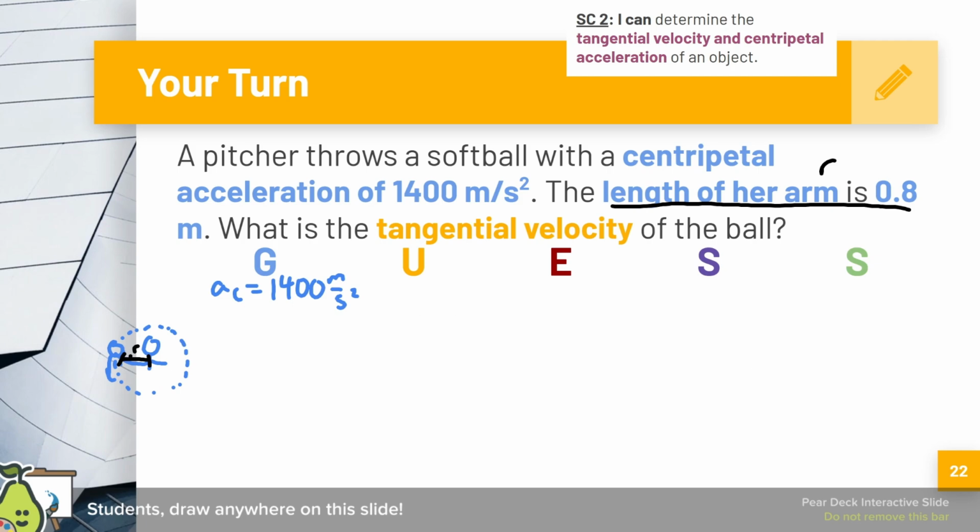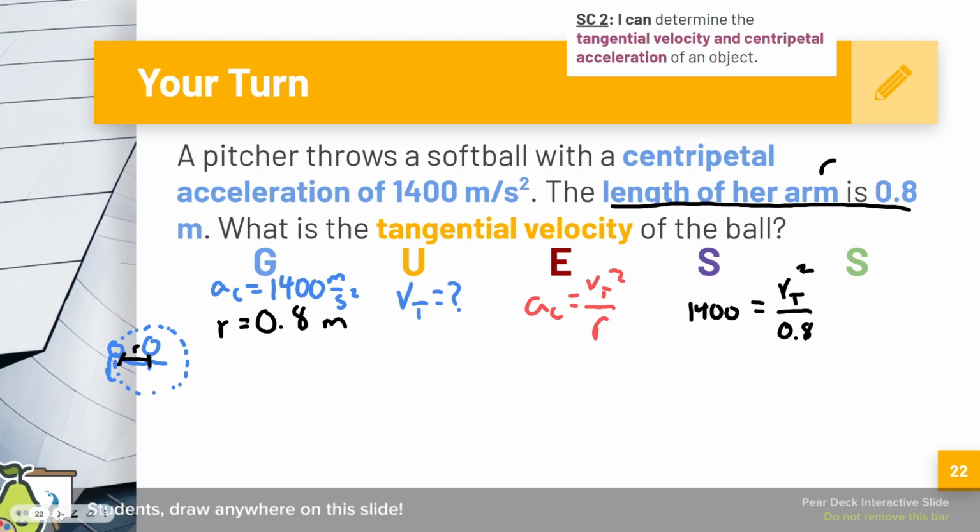Okay, so in this case, her arm is the radius, and that means we can solve this question. All right, so continuing from here, tangential velocity is my unknown in this case. Still going to use the same equation. Nothing changes from here. All right, and then we're going to go ahead and plug these in. So 1,400 equals VT squared, VT is my unknown, 0.8 is the radius. So to solve for this,